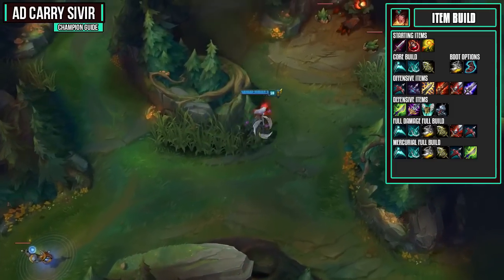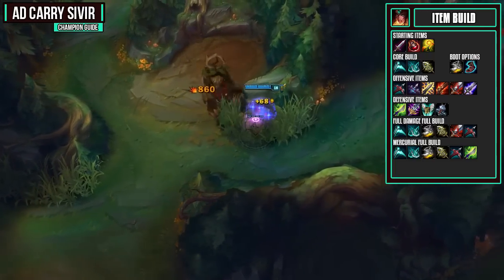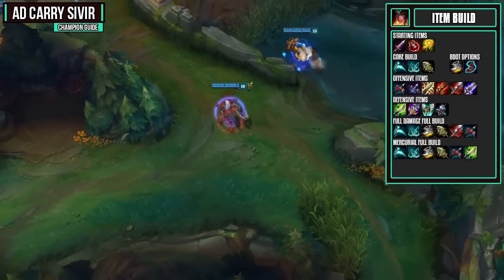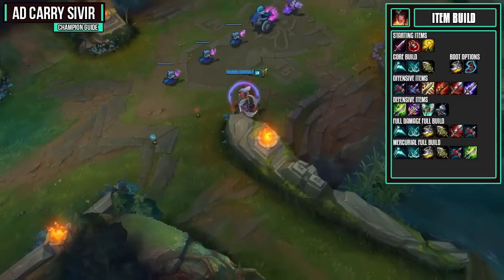After we get that item, we get the usual Infinity Edge Phantom Dancer combo, which has a lot of crit, attack speed, and increased crit damage. For our boots, I usually just go for Berserker's Greaves, but Ionian Boots are a great pick as well if you do want to flash a little bit more often and get that extra 10% CDR since you get 30 from